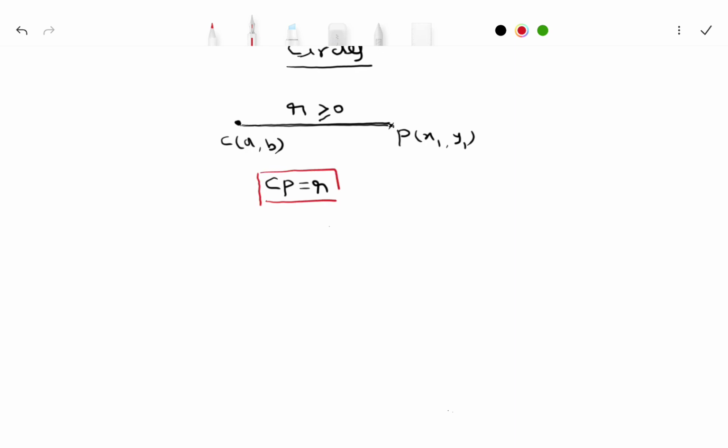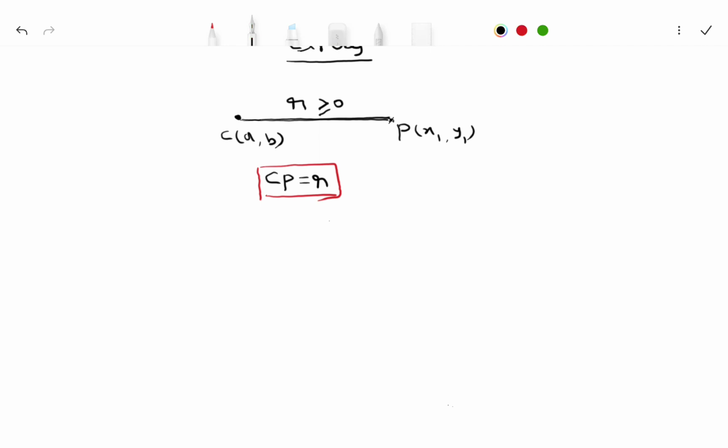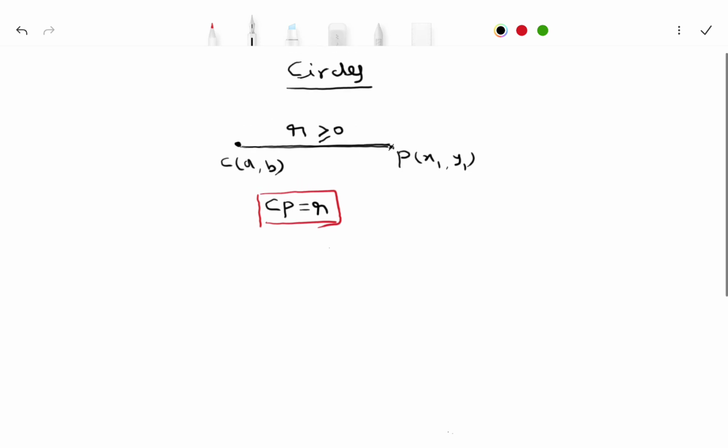Now in these 2 points, what is the moving point? P is the moving point. So the locus of P is called a circle. So the final definition is: the locus of a point which is at a constant distance, r units, from a fixed point C. Now by simplifying this, you can write it as CP square equals r